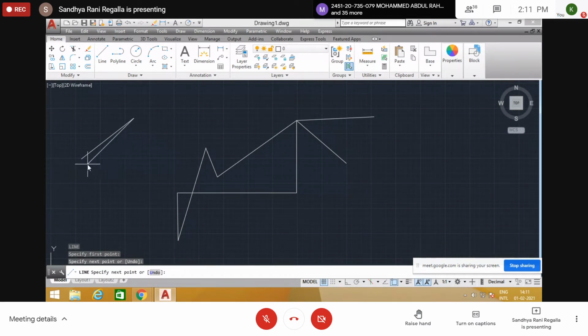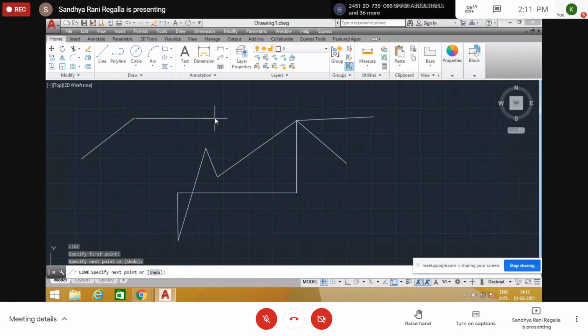So here, if you click directly on the screen, we don't know the length of the line. But in our engineering graphics, what should we do? We need to draw lines of a particular length. We don't draw lines roughly. If you want to draw a line, the line length will be mentioned in the problem: 50 mm length of line, 60 mm, like that. So only that much length of line we need to draw. Simply clicking on the screen with the cursor is not good while drawing our projections.